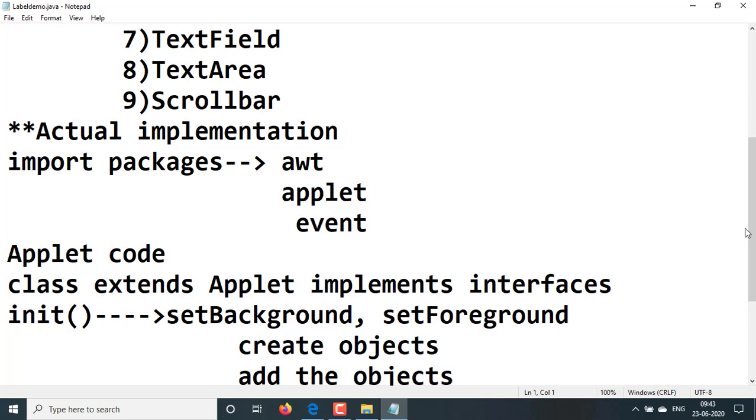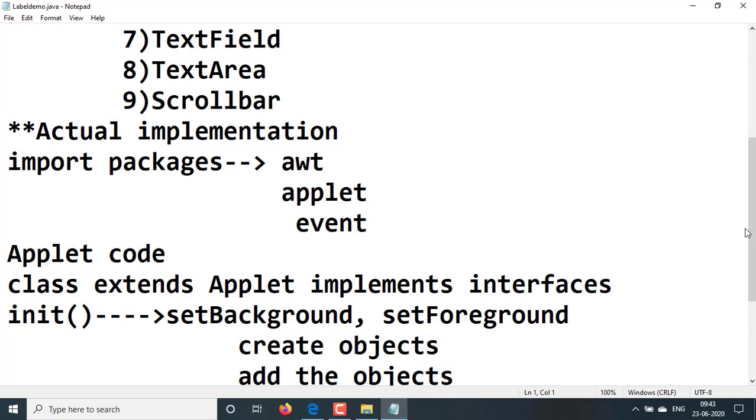Label is a passive control which does not generate any event; it is only used to give information. Buttons, text field, text area are active controls because these generate some types of event.